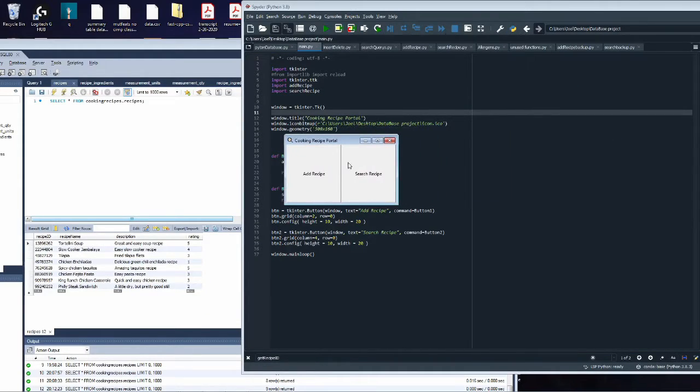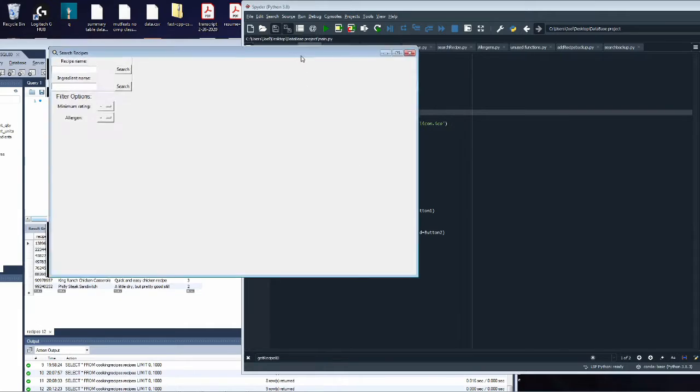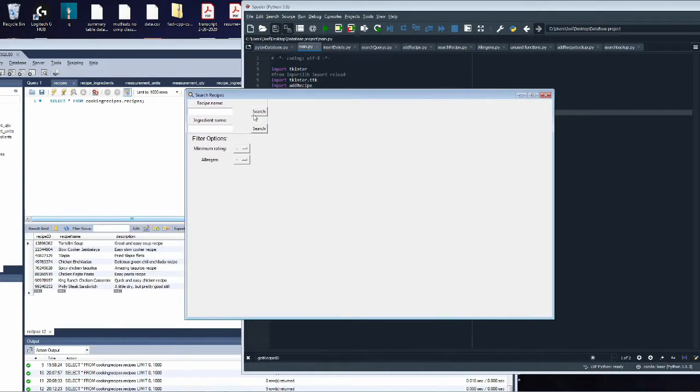Okay, and the next functionality of this is actually searching for the recipes. So you can either search by recipe name or recipe ingredient. So we can search either beef and broccoli, and it should pop up. But also, if you search just beef, it should pop up